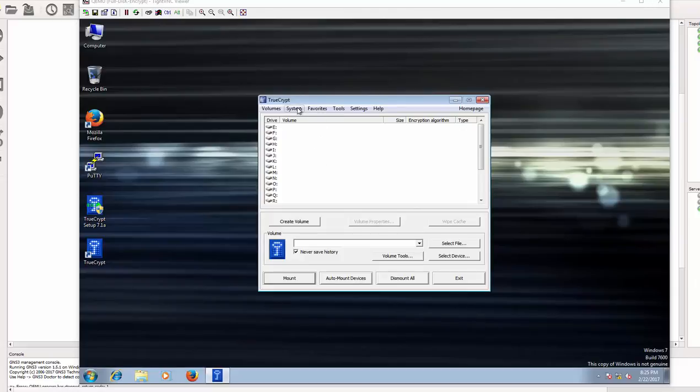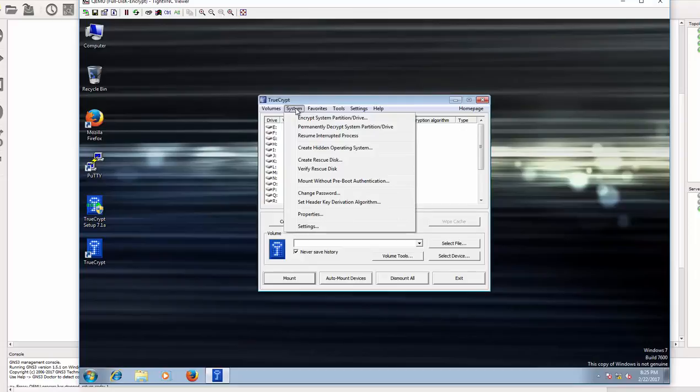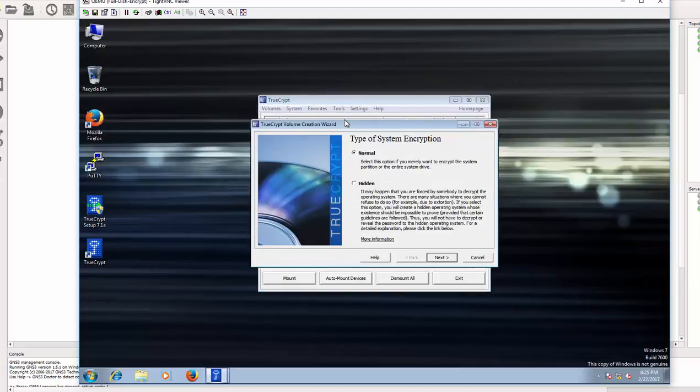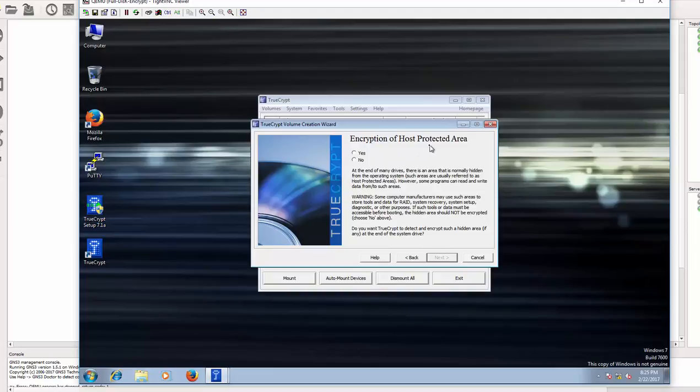So you can easily go to system and then scroll down to encrypt system partition drive right here, and then click next, then select encrypt whole drive. If you want to encrypt the Windows system partition only, you can do that, but we want to encrypt the whole drive. Click next, and then it's asking you further questions as well. So I can say yes, and you can read through on that, but in this moment I want to use that,